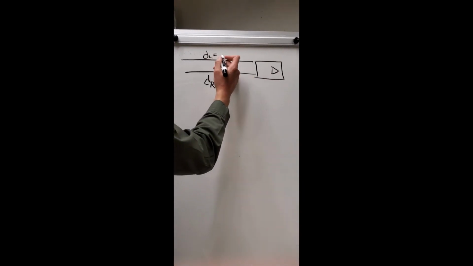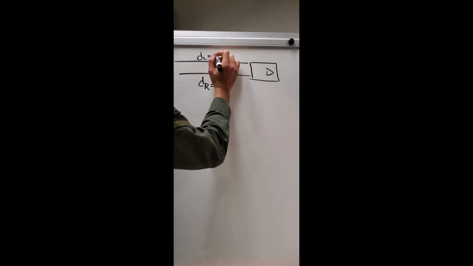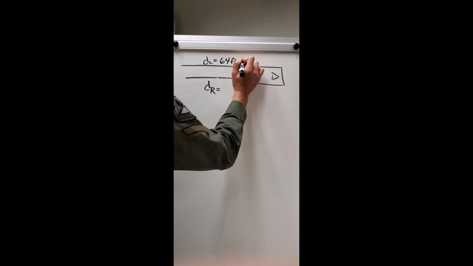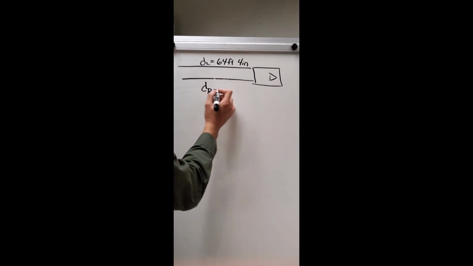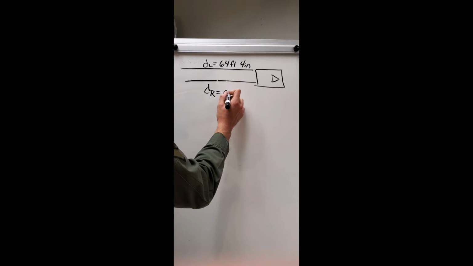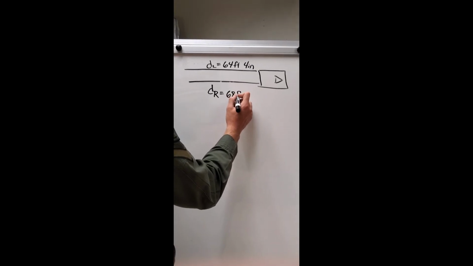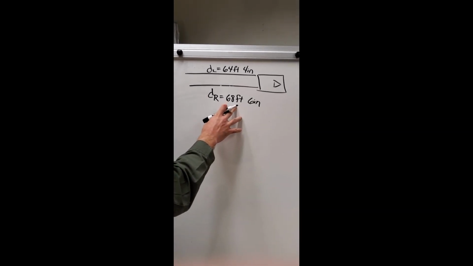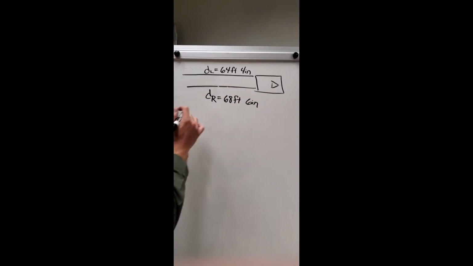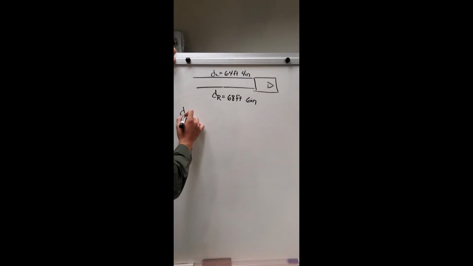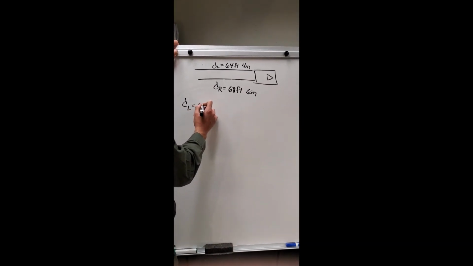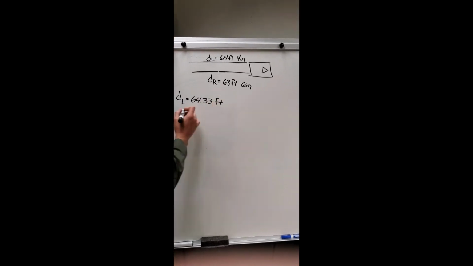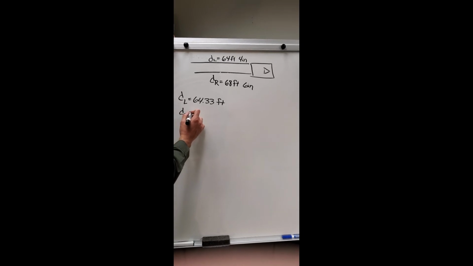What was the distance on the left, Sergeant Ballinger? 64 feet and 4 inches. And then on the right? 68.5 feet, 68 feet and 6 inches. We want to convert these to decimals because they're easier to average as we write them down over here. Distance on the left side is equal to 64.33 feet, and the distance on the right side is equal to